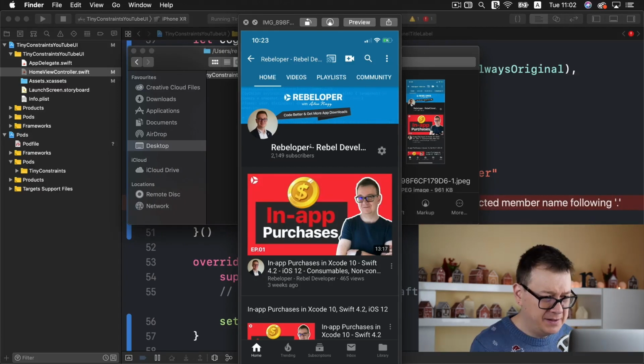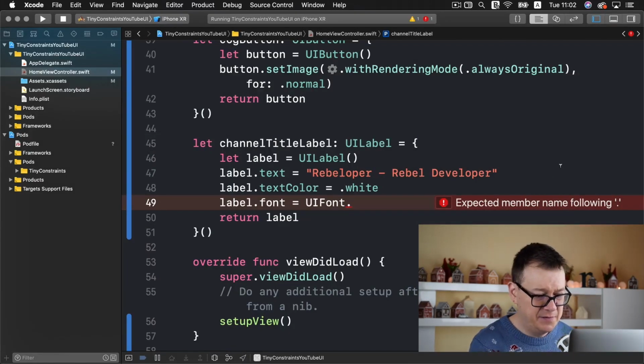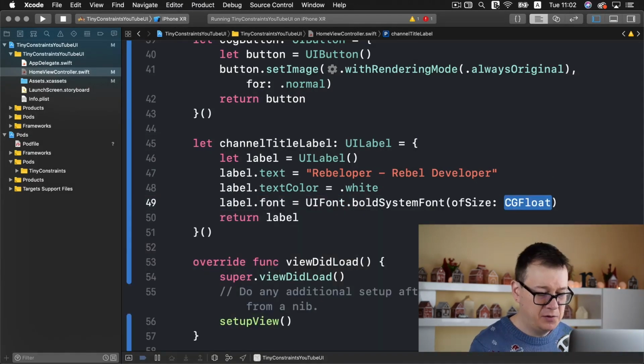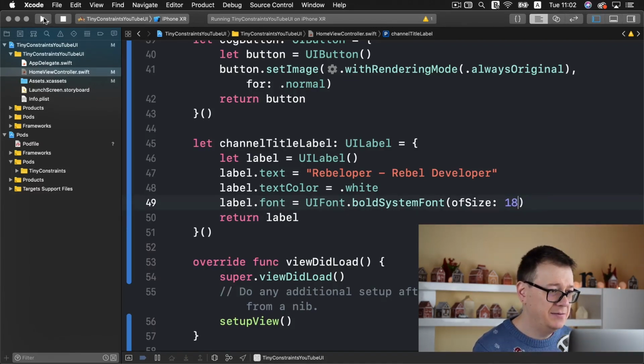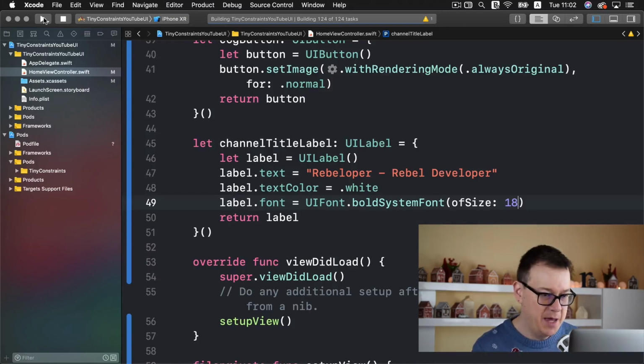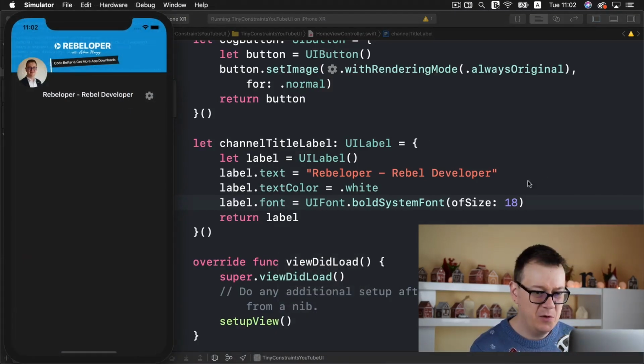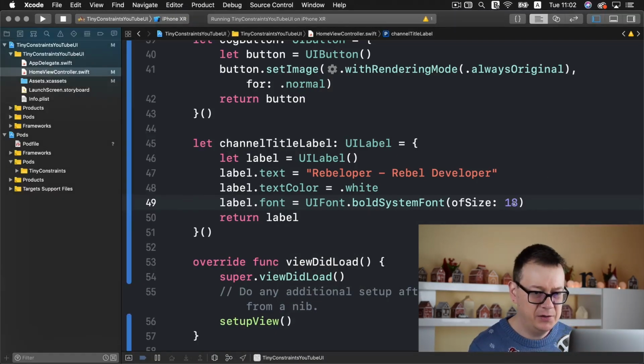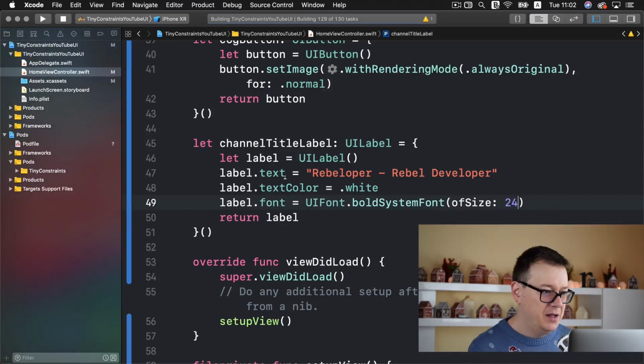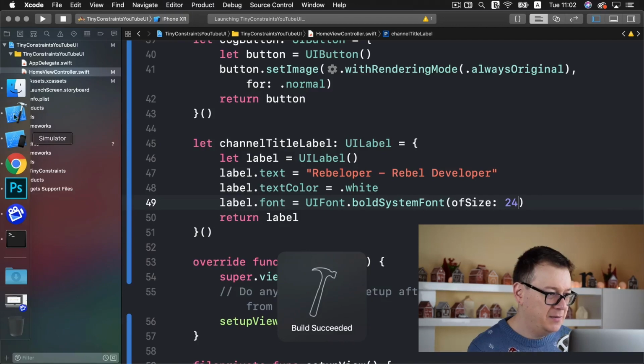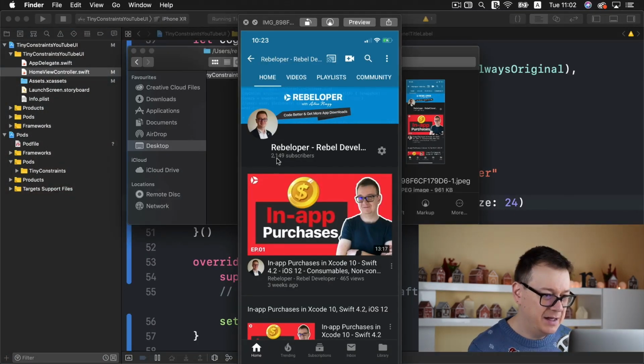Let's see if it is. Yes, it is a bold system font. Bold system font of size. Let's start with 18, and let's see what we got and take it from there. It's a little smaller than I would like to, so let's make this 24. Let's build and run. And in the meantime, let's take a look at the last that we need to do